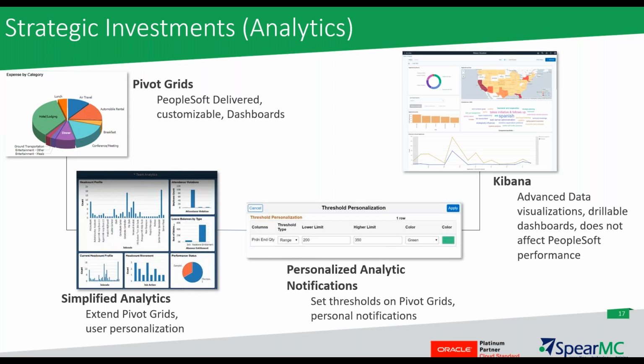So customers, I think, will get the benefit of enhancements that both Oracle PeopleSoft and Elastic do in this space, in the Kibana area, in the analytic area. So that's one of the reasons why we think it's really exciting and will benefit customers greatly. And of course, the other thing is, since it's open source, there's no license cost to you, and very little in terms of implementation effort. So there's a lot of power, a lot of benefit with very low cost.